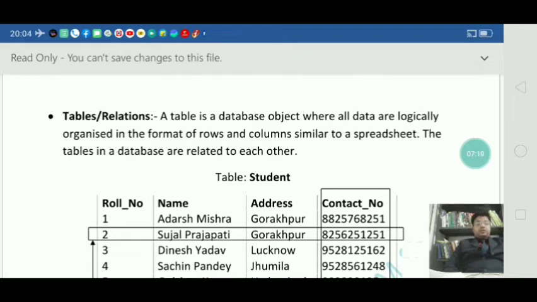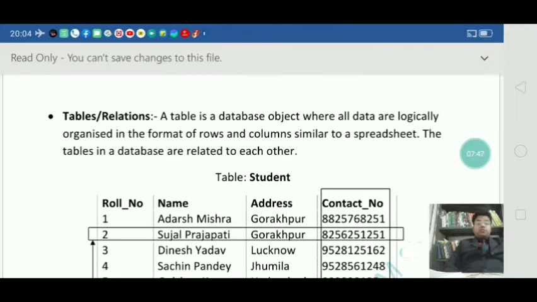Because I have already told you that we store different data in different tables, and we may require data from more than one table. So for retrieving, or fetching, data from more than one table, we have to link all those tables.